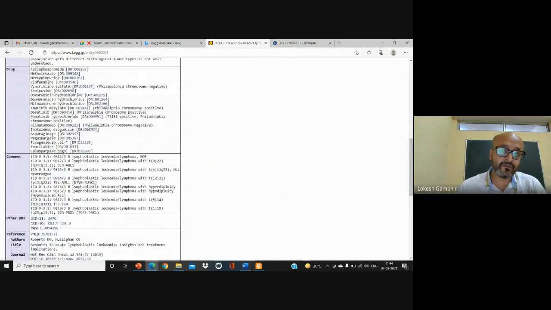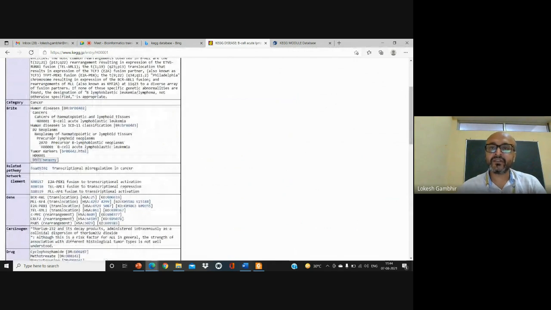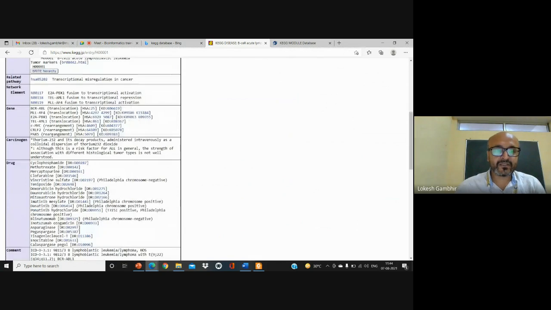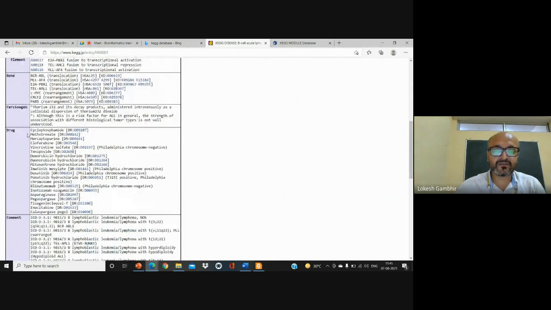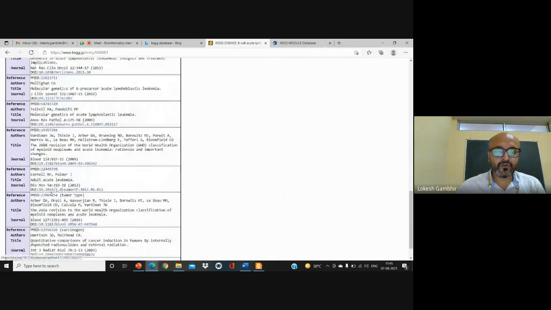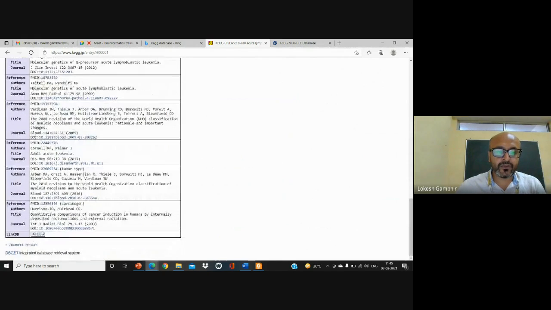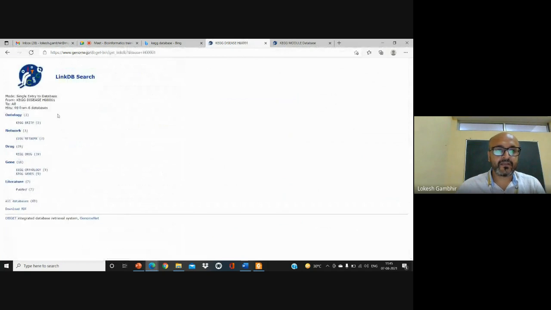Now this is not the information itself; it's the gateway. How is it providing the gateway? If you want to see the drugs used or proposed for the treatment of this disease, the drugs are here. If you want to see the links to all the databases, they are there; the complete links will be provided here.